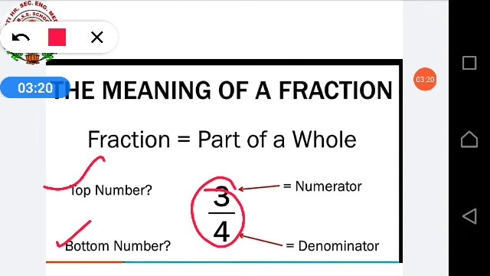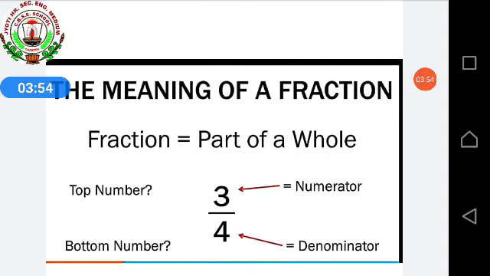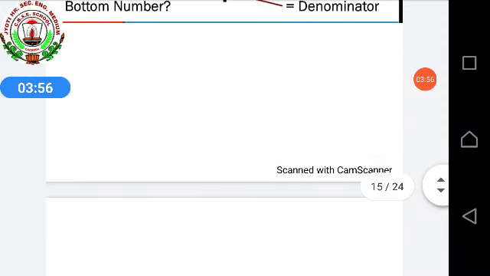Okay, when we are writing a part of the whole, like for example 1, so what will be the fraction of 1? We can write 1/2. Or else if it is divided into 4 parts, then we can write 1/4. So one whole divided into various sections is known as fraction. And this numerator, denominator, you people are already studying from class 3 in mathematics. So I'm not going into detail for the fractions.